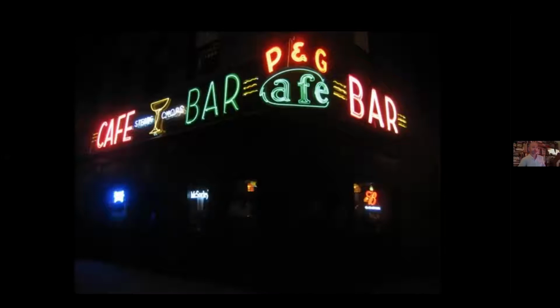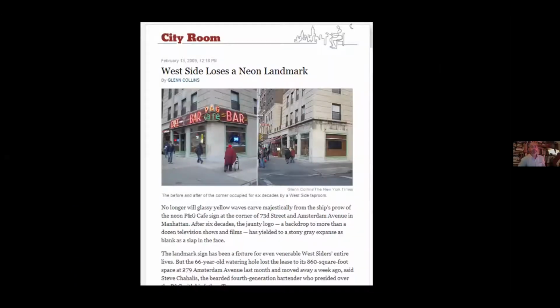This is a sort of sad case study, the P&G bar sign, which was on the Upper West Side of Manhattan, installed in 1947, disappeared around 2009. Even though the building that it was on is technically a protected landmark. So some said it should not have happened. The Landmarks Commission came back and said, well, the sign belonged to the business and not to the building, so we couldn't really protect it. But that, I think, was sort of their way of getting themselves off the hook for letting this kind of